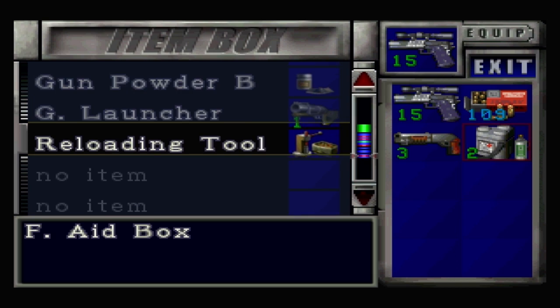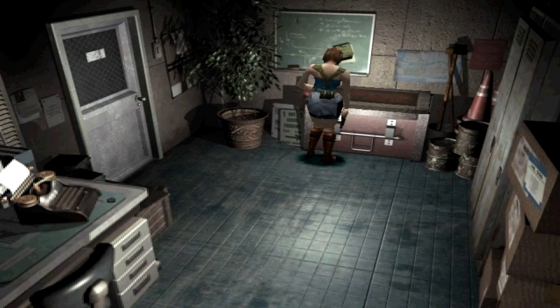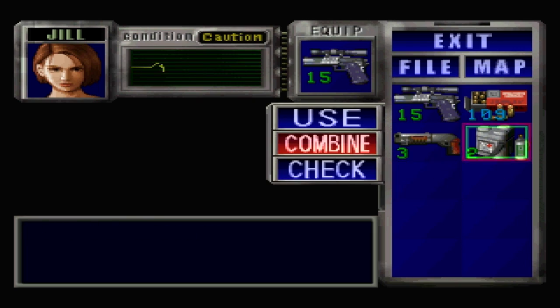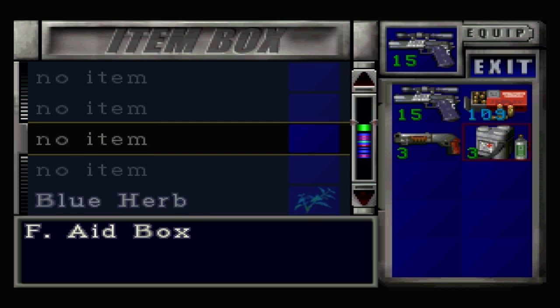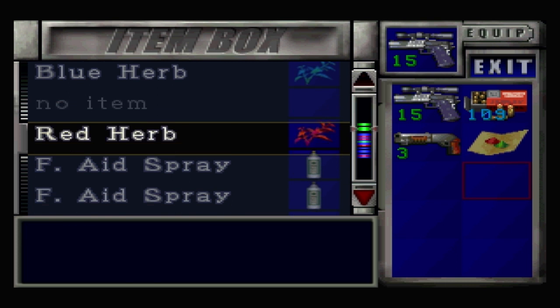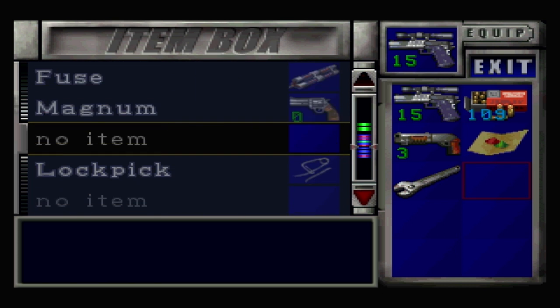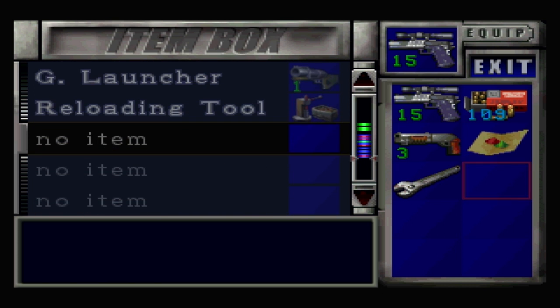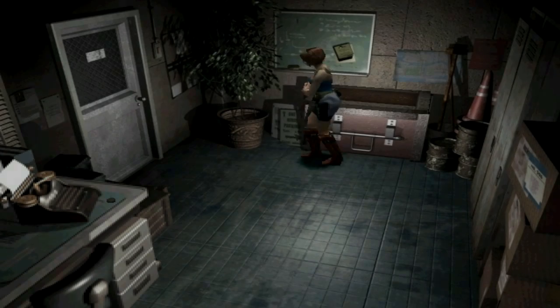If you remember, in the last video, we got the machine oil and the fuse. However, like I said in the last video, the machine oil alone is not enough to get the cable car going, so we need to go and find oil additive to mix it with the machine oil, and then we can get out of here. So that's basically what I'm going to be doing now, and the location of the oil additive is in the